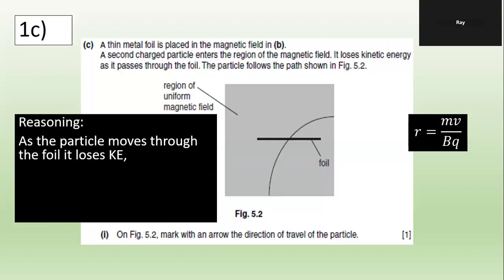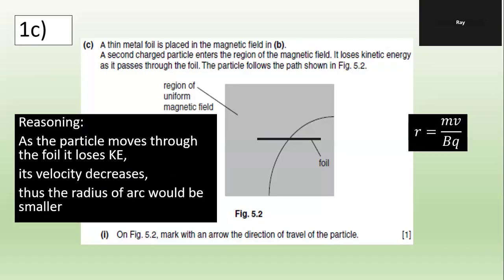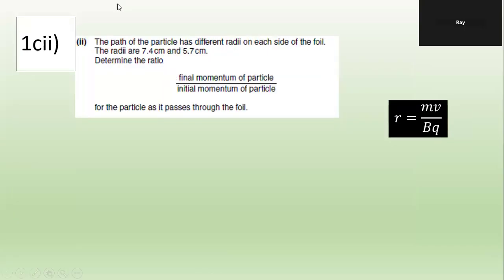The particle moves through the foil, it loses kinetic energy, velocity decreases, radius would be smaller, right? So that is where the particle enters. Can or not? Right? They are required to use this formula. Path of particle has a different radius on each side of the foil. The radii are 7.4 and 5.1. Ratio of final momentum of